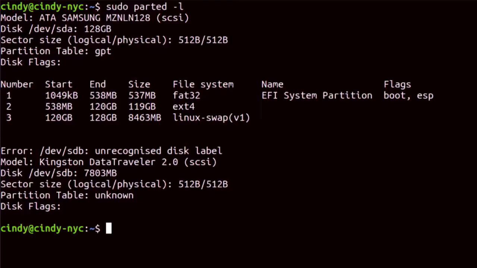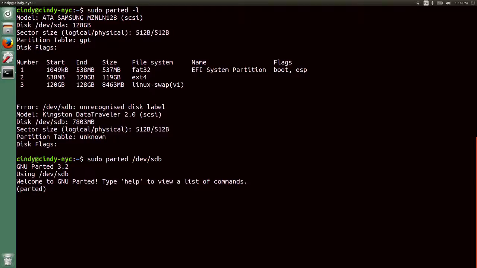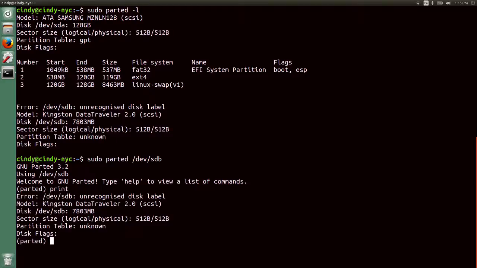Let's select our /dev/sdb disk and start partitioning it. We want to be super careful that we select the correct disk when partitioning something so we don't accidentally partition the wrong disk. We're going to use the interactive mode of parted by running sudo parted /dev/sdb. Now we're in the parted tool. From here, we can run more commands. If we want to get out of this tool and go back to the shell, then we just use the quit command. I'm going to run print just to see this disk one more time.